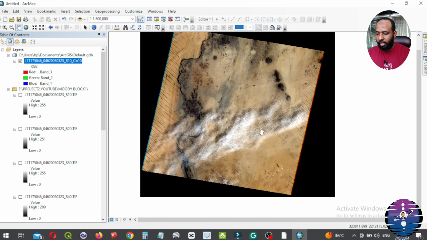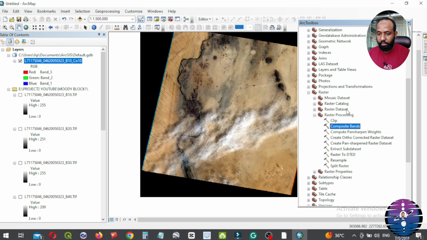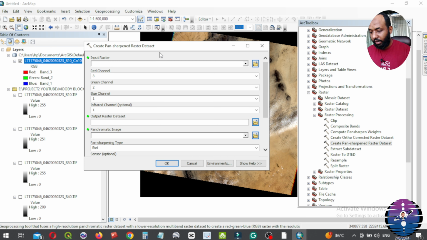Next, to achieve greater clarity, we perform band sharpening on the composite band file. We go to the Arc Toolbox again here. Open Arc Toolbox. Go to Data Management Tools, Raster Processing, create band sharpening raster data set. Double click. We input the composite band file in the input field.